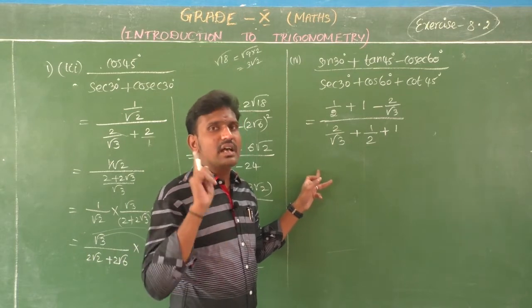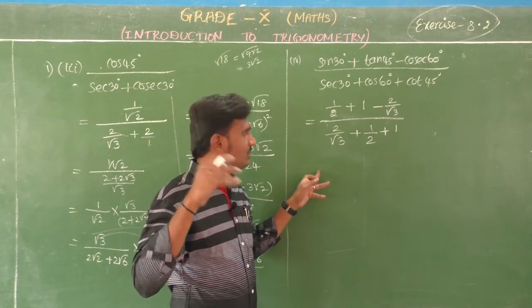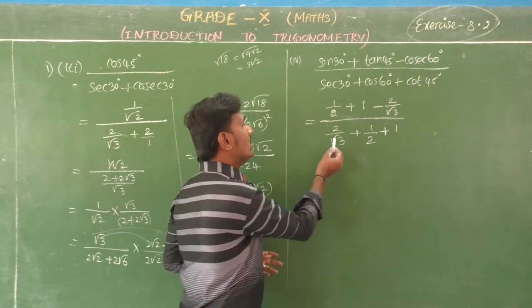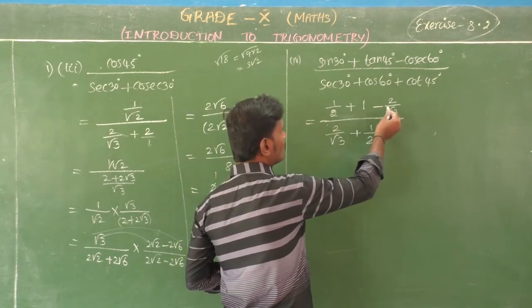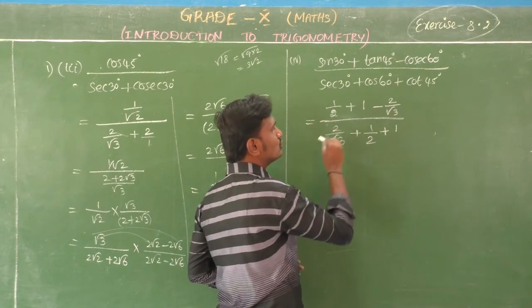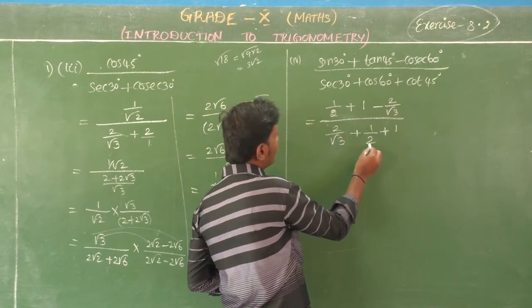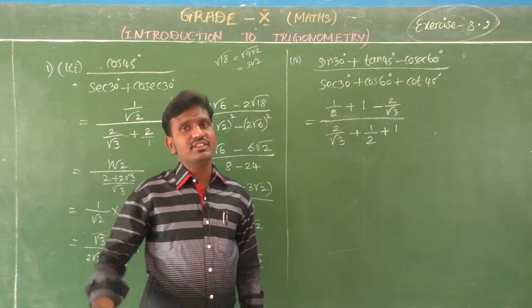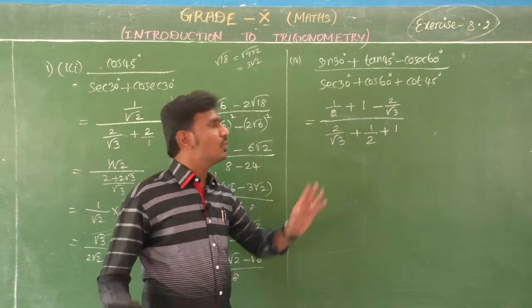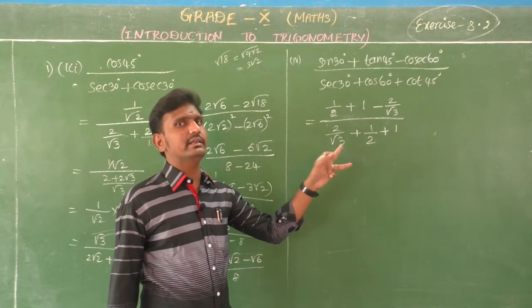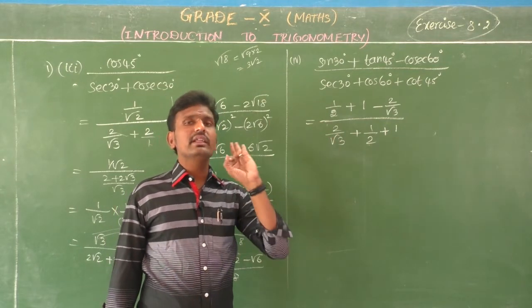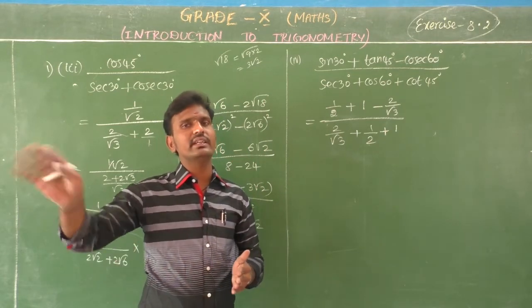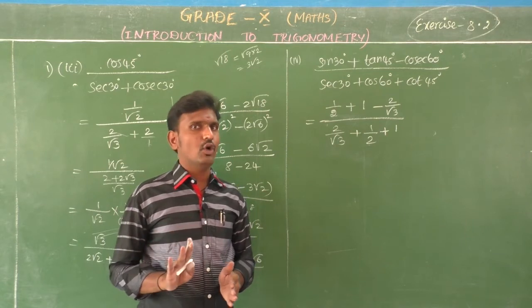Listen students, some of the students make mistakes in the simplification. See, 2 by root 3 is there, sir, and there also 2 by root 3. Shall I cancel this? And 1 by 2 in numerator and 1 by 2 in denominator. Shall I cancel like that? Some of the students are going to commit the mistakes. But don't do this. Why? Because you have 3 terms in the numerator. So we need to simplify the 3 terms, then only we can do it with the denominator. It will not cancel. Okay students, yes.